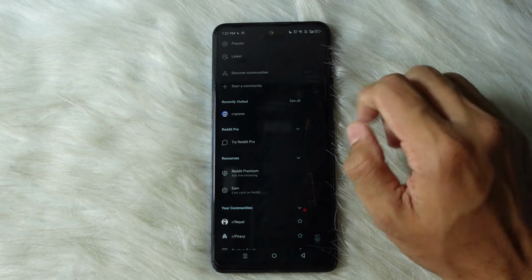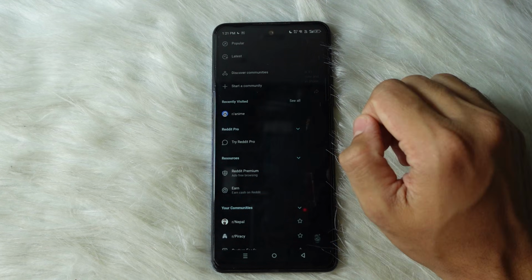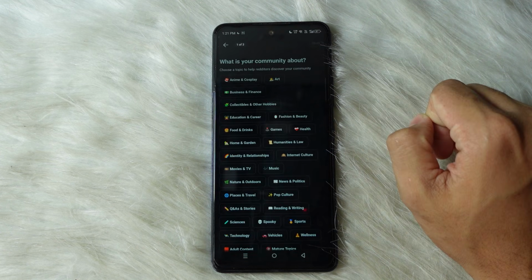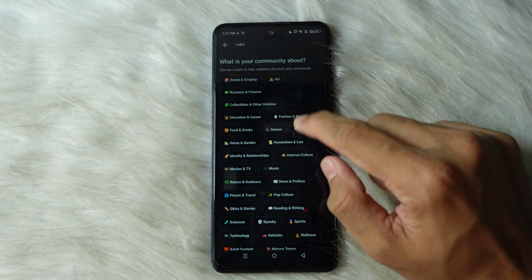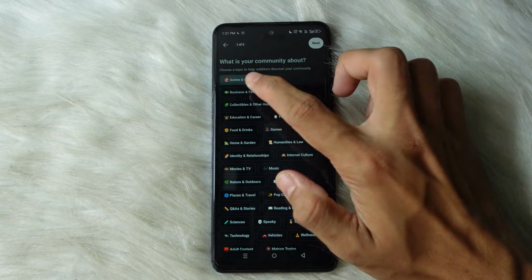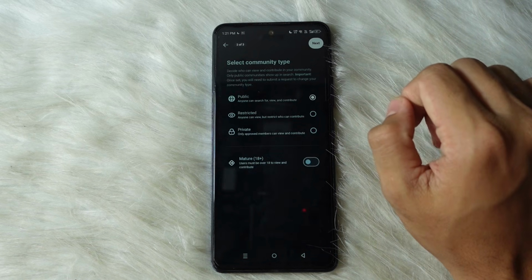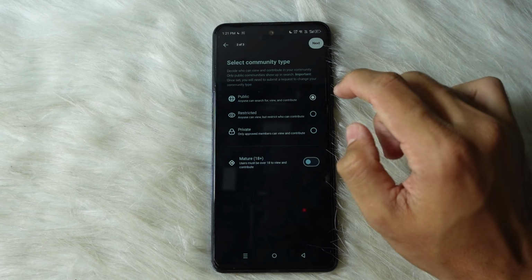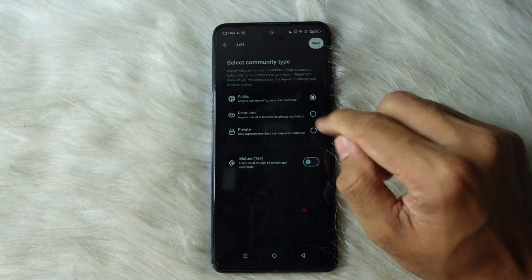By doing so, you would be able to find an option called Start a Community over here. Tap on Start a Community, and by doing so, you'd be able to select your category of community over here. Tap on Next. After that, you want to simply select your community type, if you want to be private or